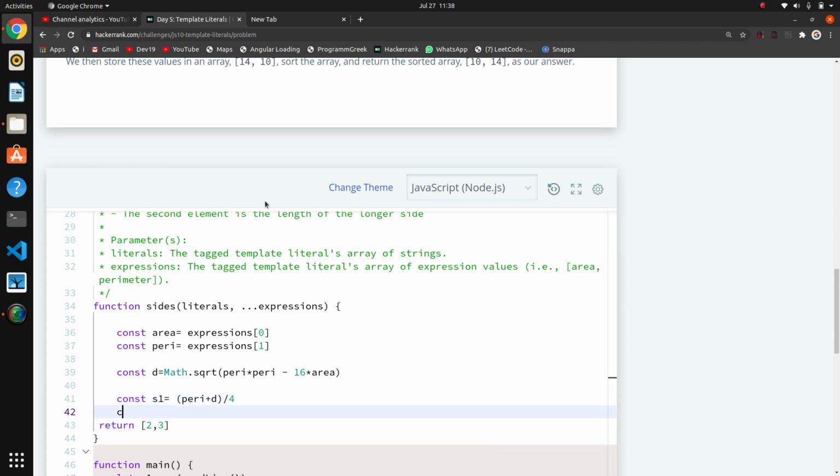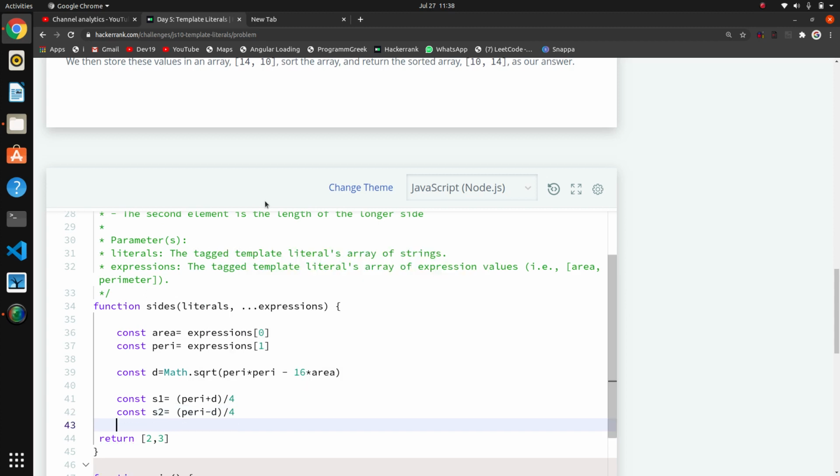And same thing, const s2 is equal to peri minus d divide by 4. So I just got these two values.